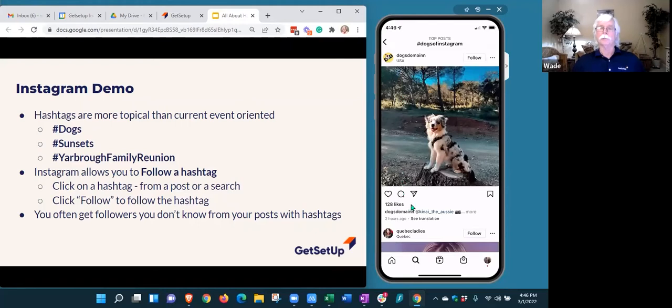And if I like this dog, Domain is the name of the account that posted that, I could follow that account. I can like it, I can reply to it, I can share it. So these are all the ways you can interact with the post on Instagram. Pretty similar to Twitter and Facebook and all the others. And the one at the end, that means you can save it? Is that what that means? That little ribbon?